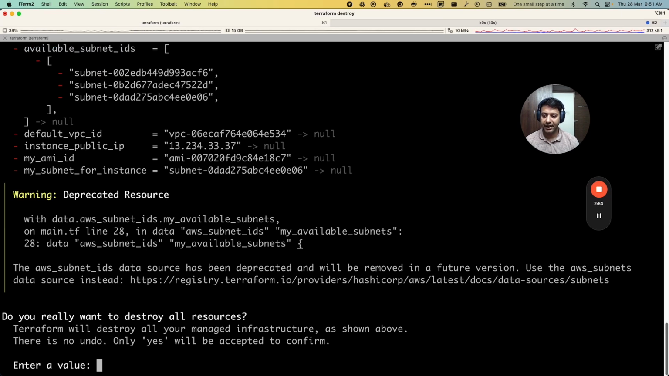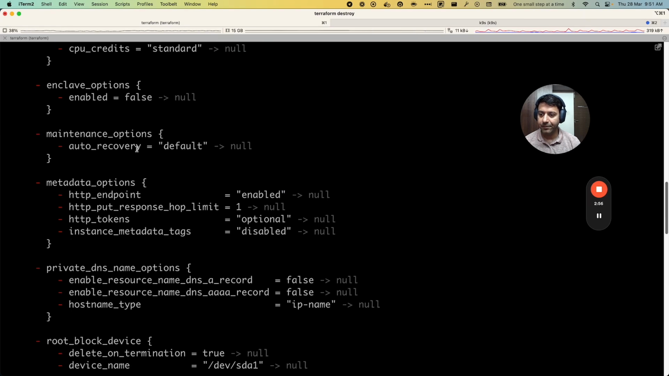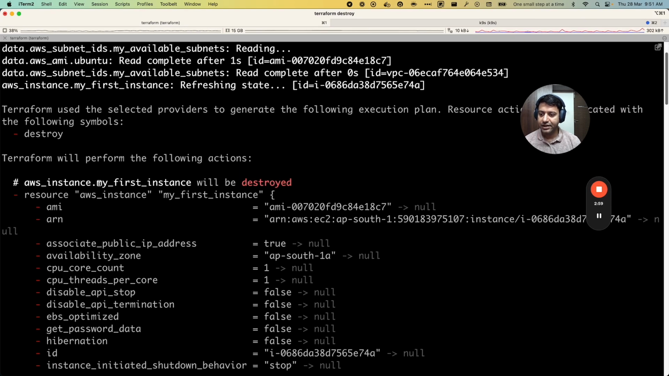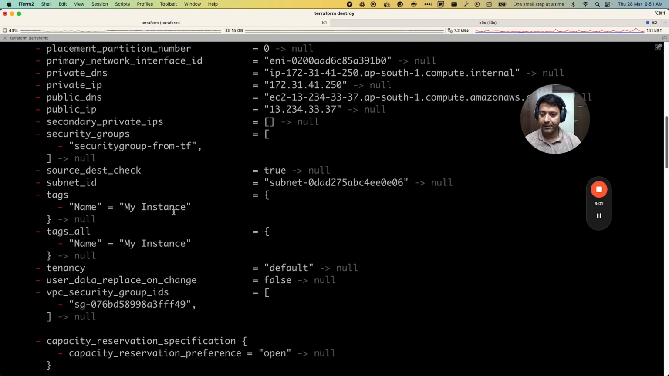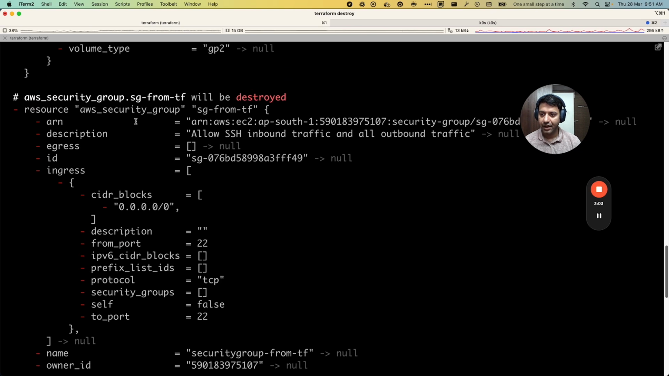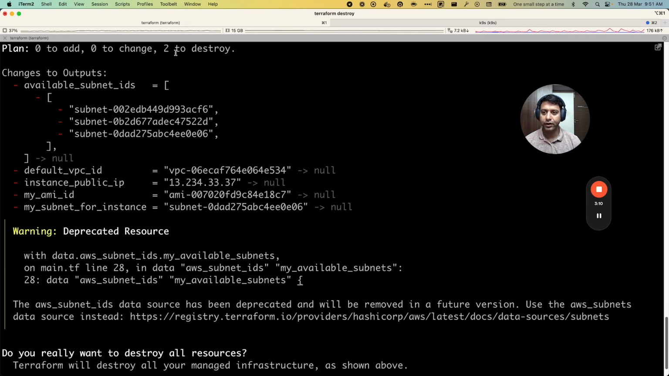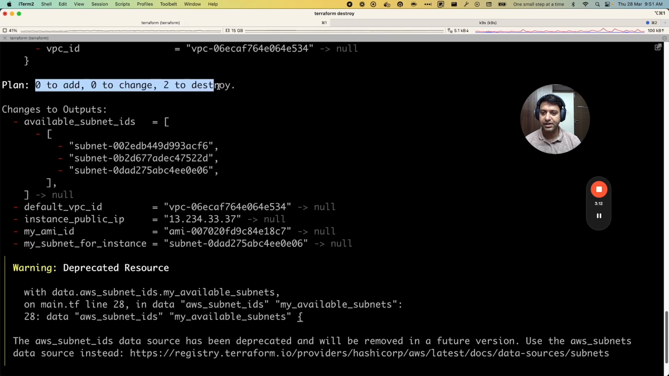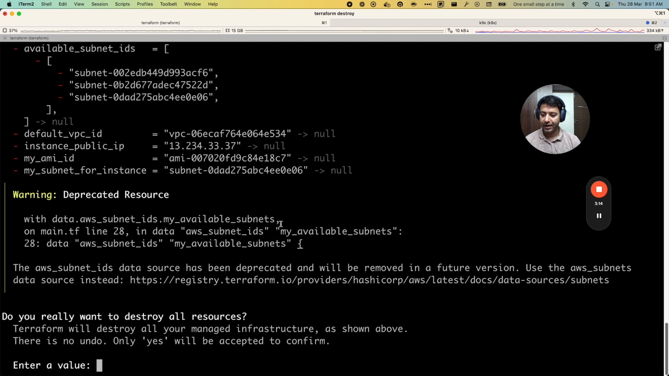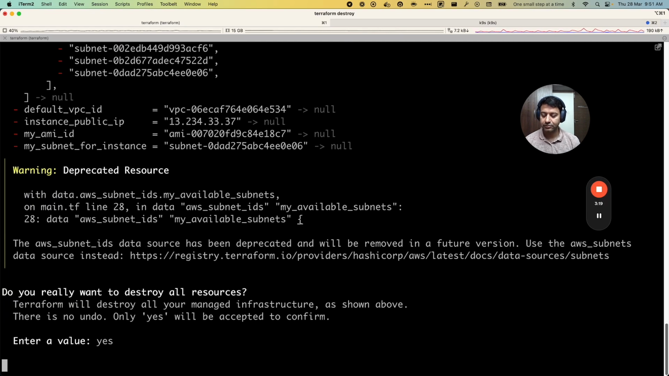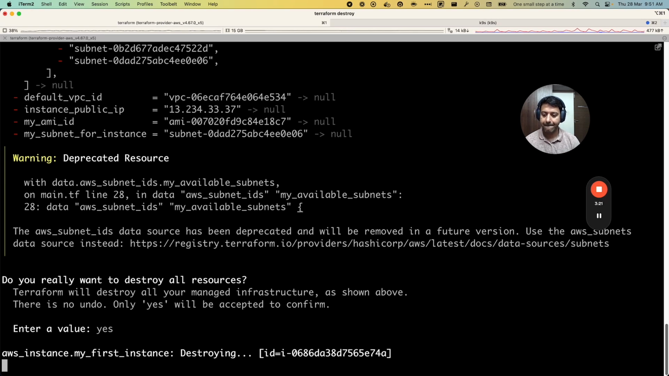It will check the state and then give the information that it's going to destroy my first instance, and then it's going to destroy the security group from TF. These are the 2 resources it's going to destroy. So 0 to add, 0 to change, 2 to destroy. Cool. Now I'll say the value is yes after the confirmation. So it started destroying the